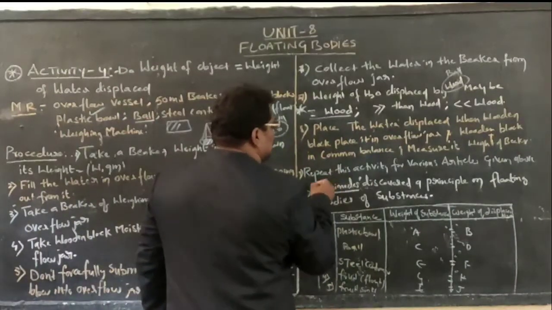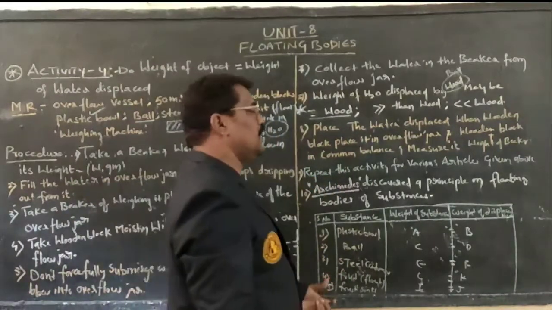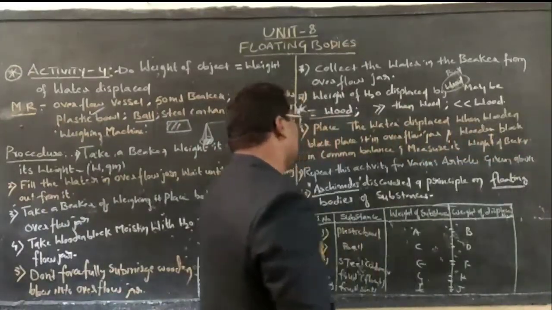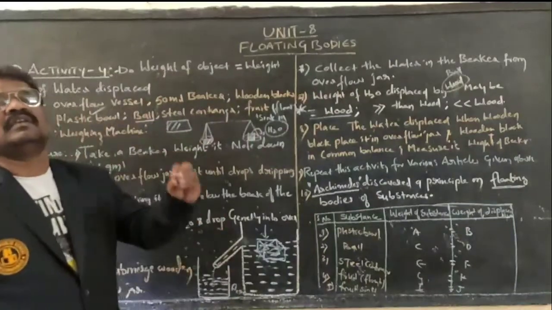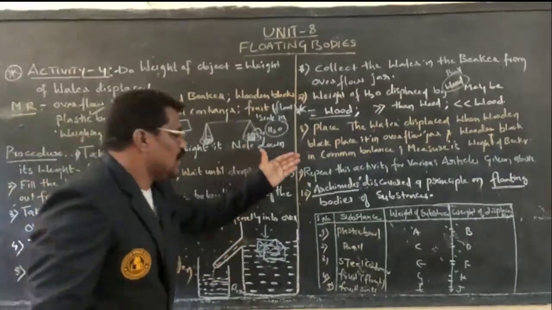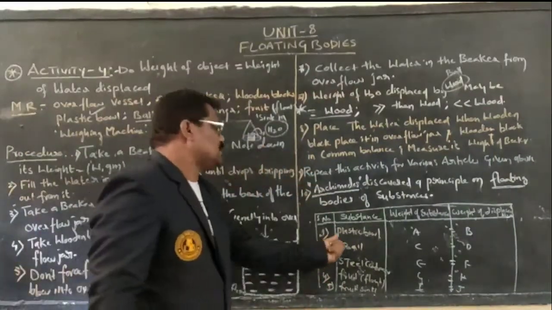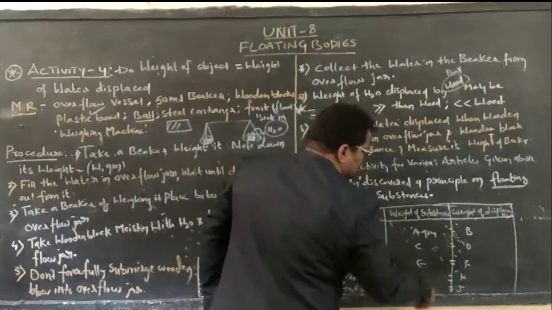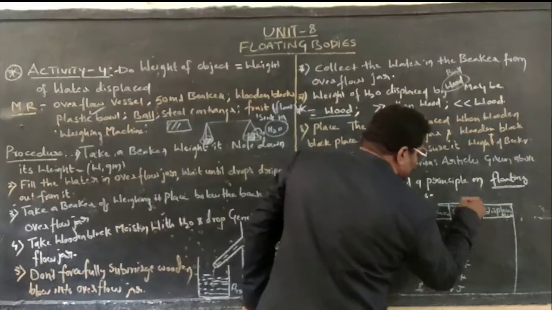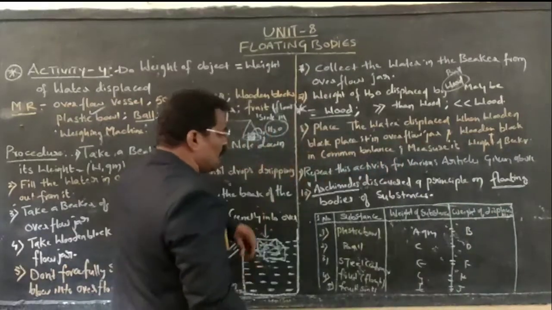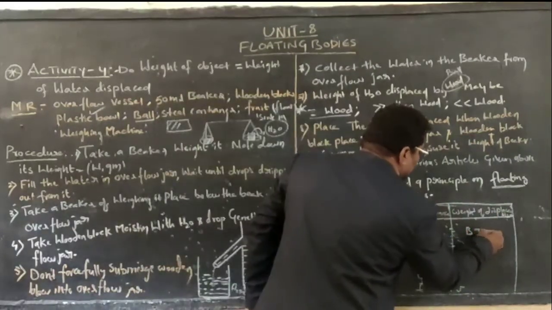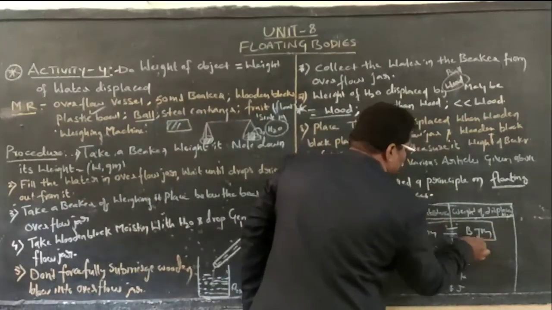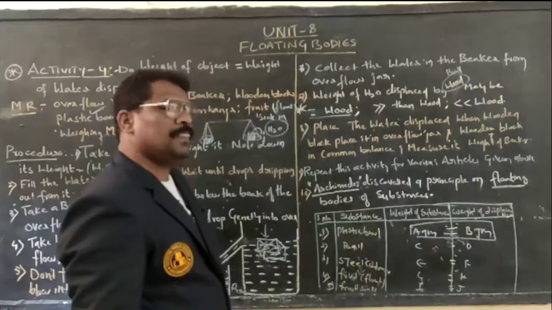This principle was extracted by Archimedes. A principle is nothing but what? It mainly depends upon floating bodies and substances. Here we have taken a list of articles. The plastic ball we have taken, its weight is A grams. Similarly, the weight of water displaced by placing this plastic ball in the overflow jar is B grams. By that principle, we can clearly understand that A grams will be equal to B grams.